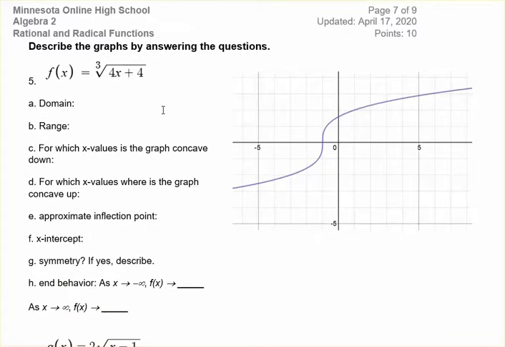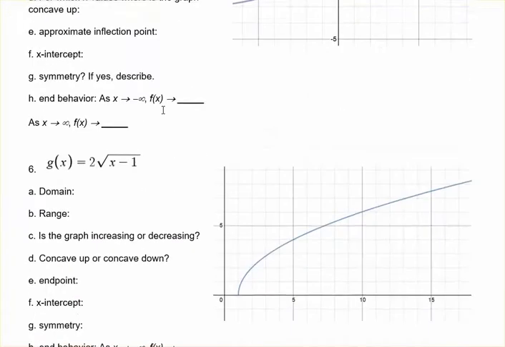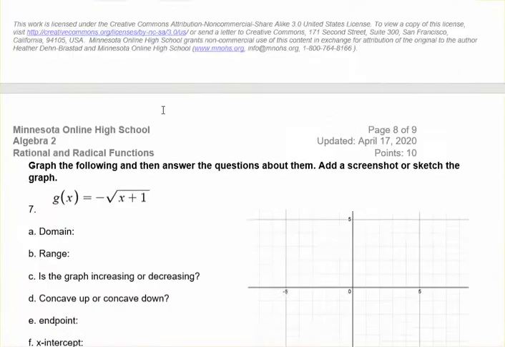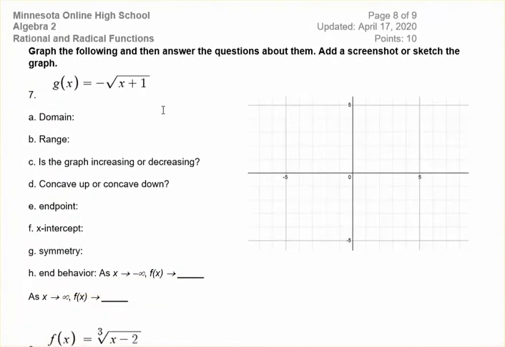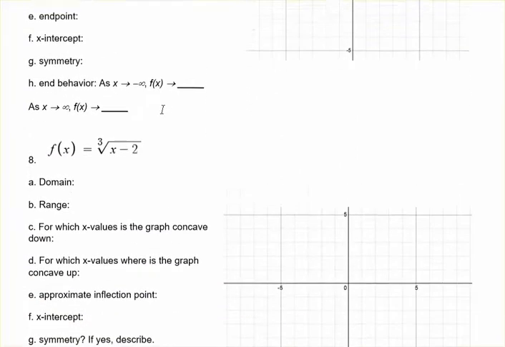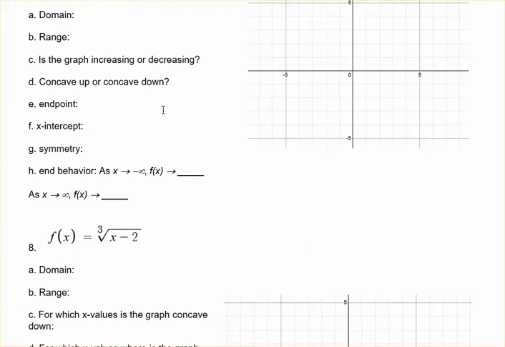This one is about this cube root function. And then there's one for a square root function. And then you're going to graph two of them. You can graph these on your graphing calculator and then sketch the graph here, or you can graph them using Desmos. If you are using Desmos, you have to go to the keyboard, the Desmos keyboard,